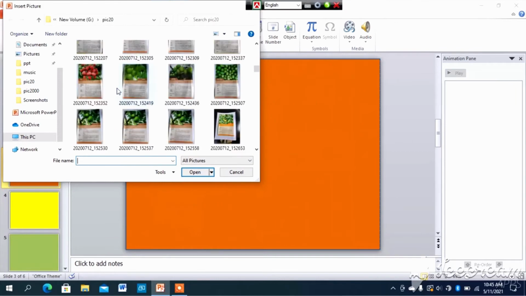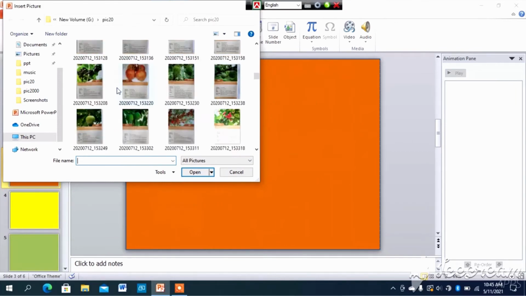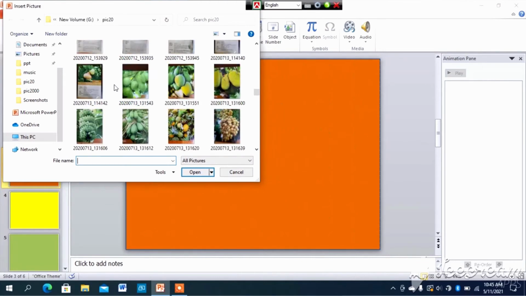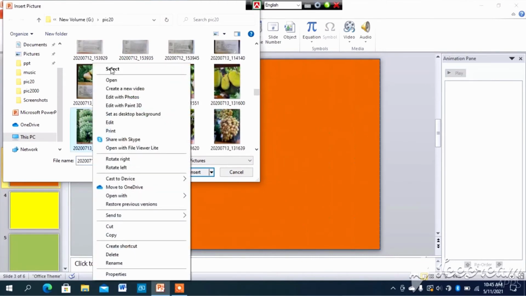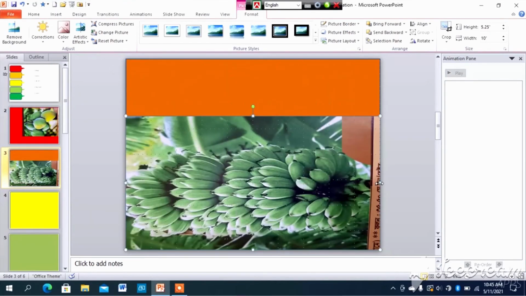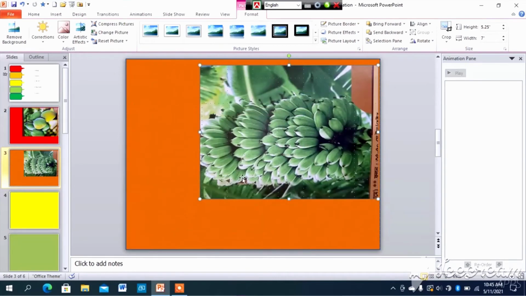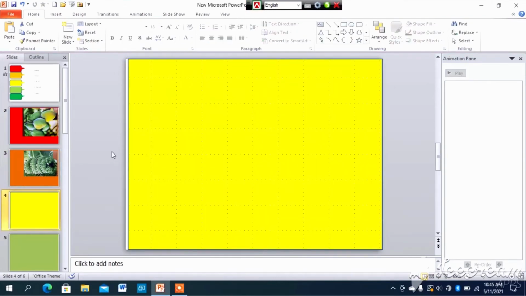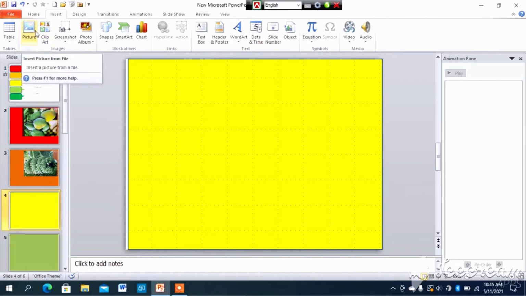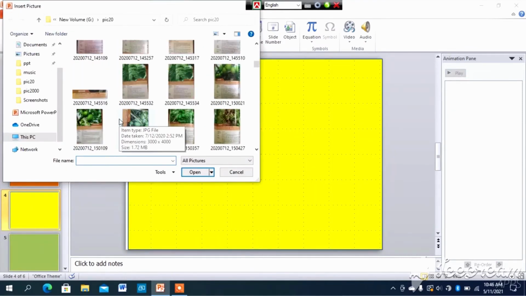Then I took the second picture, of banana, from my computer files, and it should be placed in the second slide.